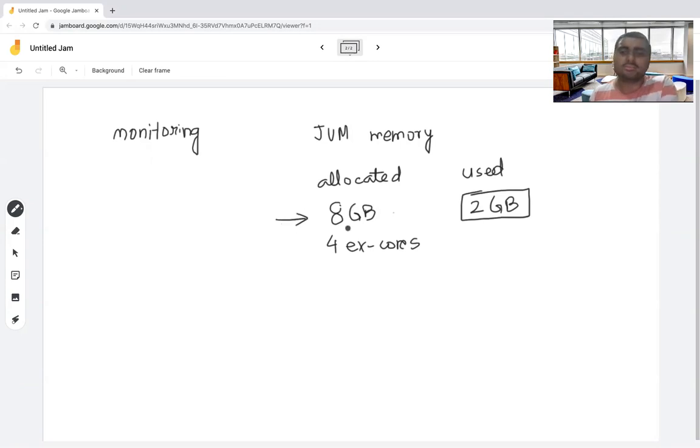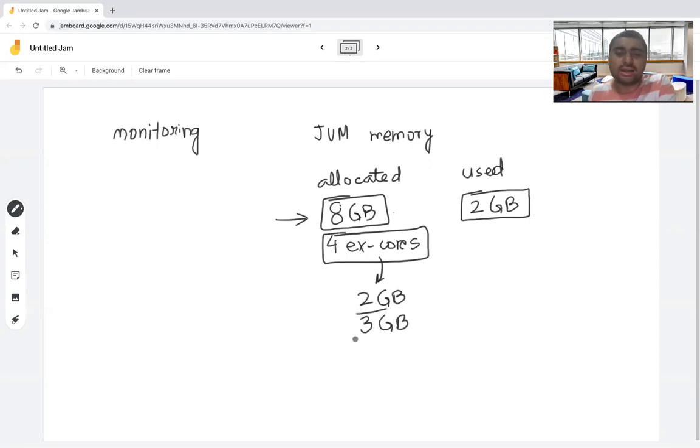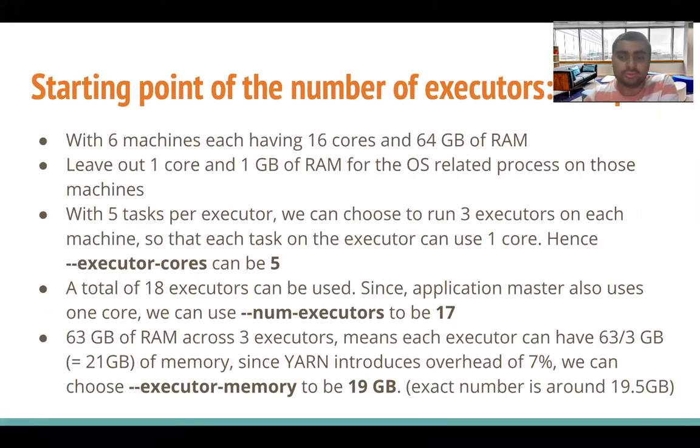It simply means to run these 4 executor cores, you don't need 8 GB of memory. Then you can give an executor 2 GB of memory or a little more than that, like 3 GB, just to handle any temporary fluctuation in the data volume. So try to limit the amount of memory you are giving. Try to see if your machines are making proper use of the memory you have allocated. That is one thing which you have to figure out.